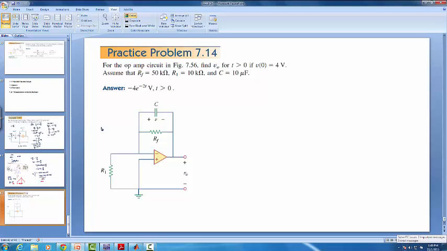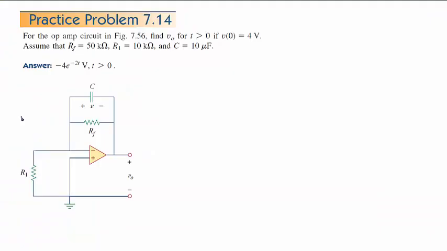This was the next example problem in your textbook. I think they intended this to be an integrator, but they do not have it with any source in there, so it's not very illustrative as an integrator. There was no solution for this problem in your textbook, so I thought I would go ahead and work this problem. So I have this resistor value and this capacitor value. This was an odd problem, and they give you an initial voltage of